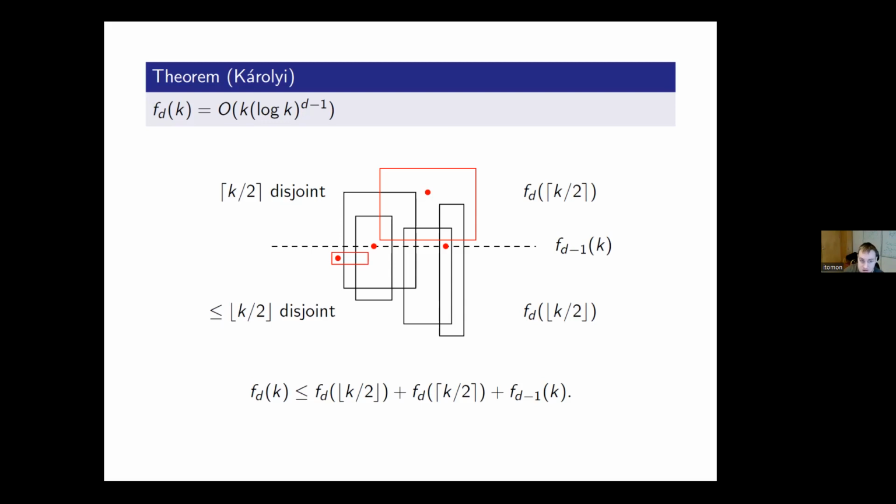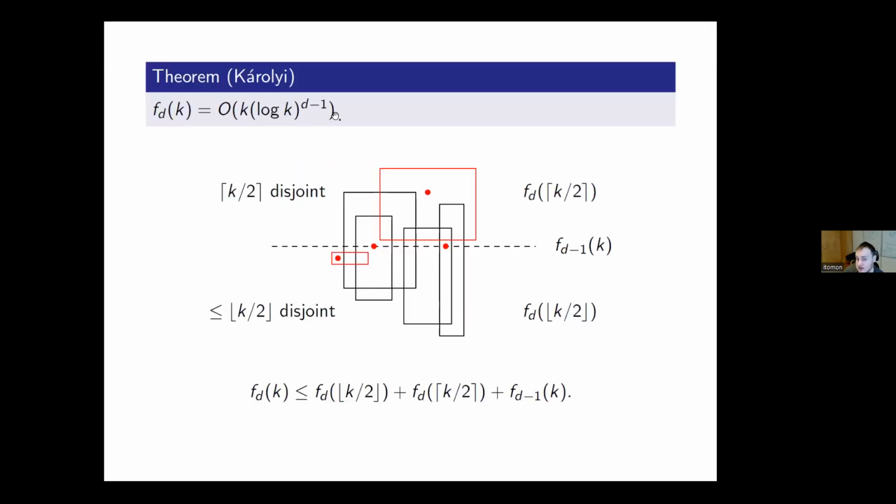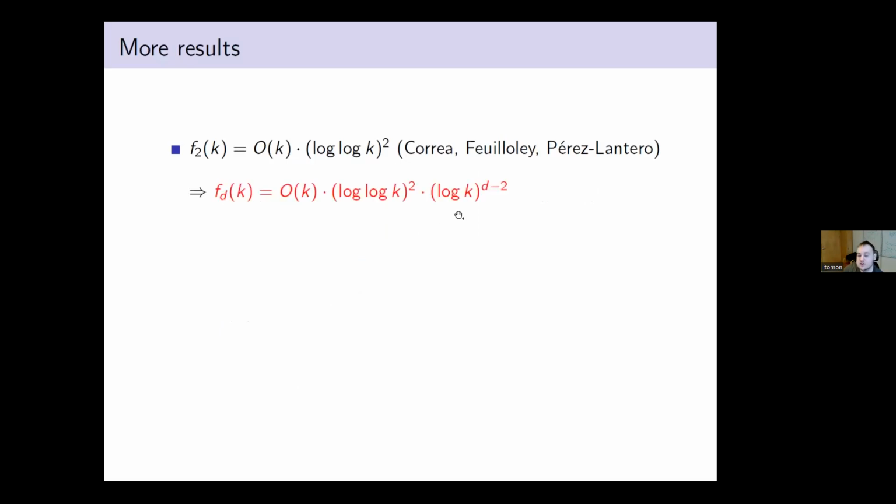Okay. So now this result of Carey was the best known for 25 years, until actually in 2 dimensions it was improved by Correa, Fabila-Monroy, and Pérez-Lantero. So they proved that in 2 dimensions you actually have k times some double logarithmic factors. So here in 2 dimensions you have k log k. And actually using the previous divide and conquer arguments, but now using this new result for T, you get the following general result in any dimension d. So you get k times k to the d-2 times some double logarithmic factor.